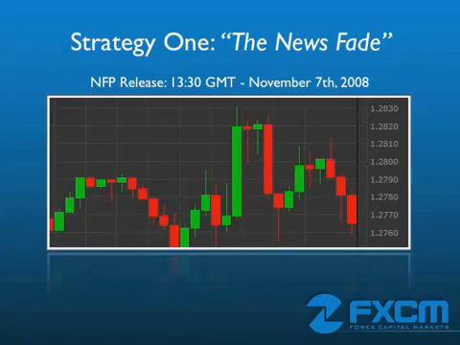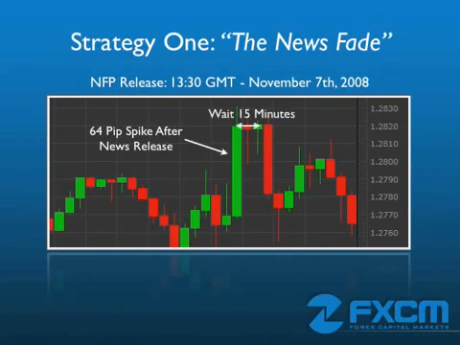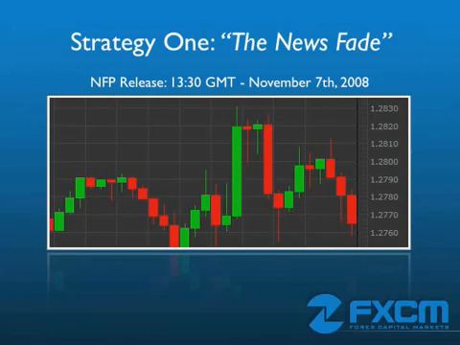After looking at the Global Economic Calendar, I can see that NFP comes out at 13:30 GMT on November the 7th. If we pull up a euro-dollar chart for that time, we can see that the euro-dollar spiked up about 64 pips after that release. If we had implemented our strategy by waiting 15 minutes and then selling here around a price of 1.2820, sure enough, the price reverted back to the mean, and we could have closed out our trade around 1.2780